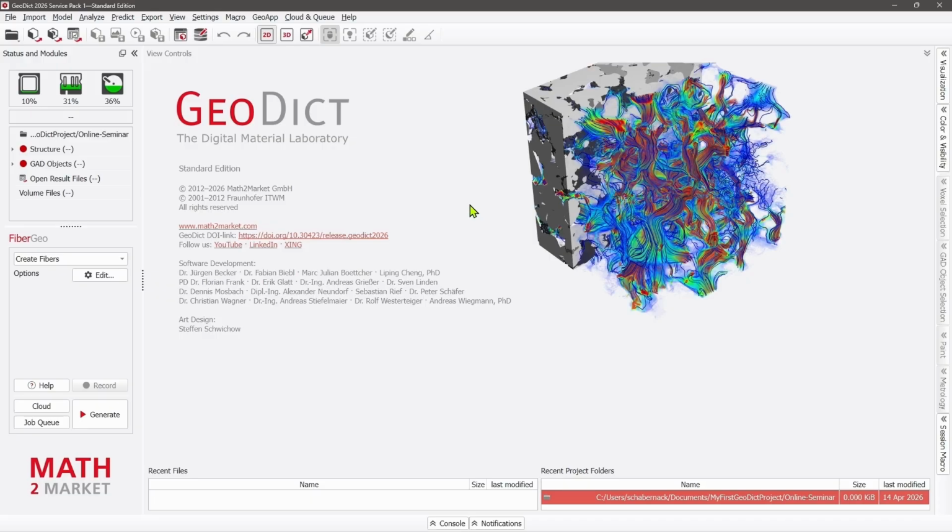Now, of course, the first step that we need to do is to get our micro-CT data set into GeoDict. To do so, as Anton already mentioned, we need one of our import modules. You find all the modules in GeoDict here in the top in this menu bar. And of course, we need to go to the import option. And then we select import GeoVol, which is for importing gray value data sets. So for example, micro-CT. We also have a module for importing CAD data. So I will